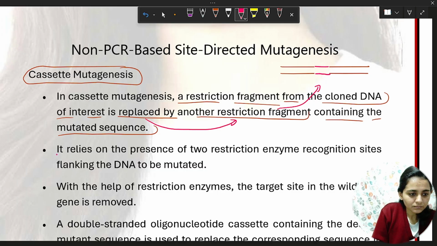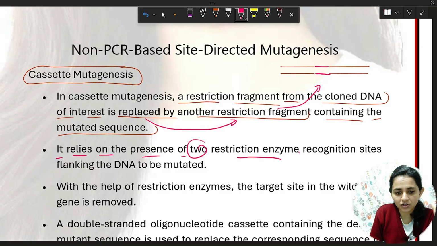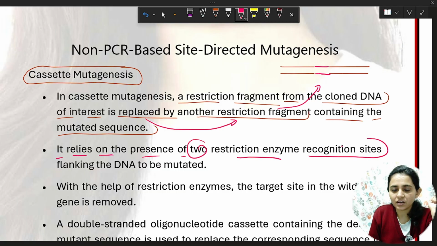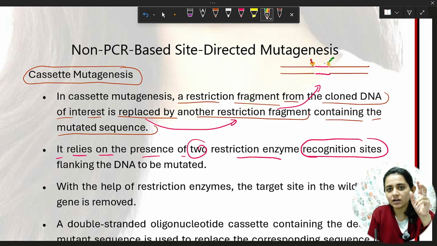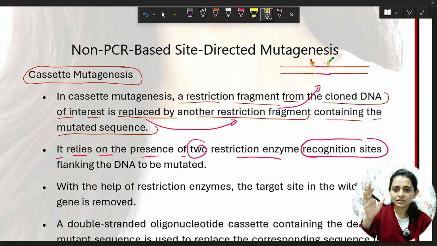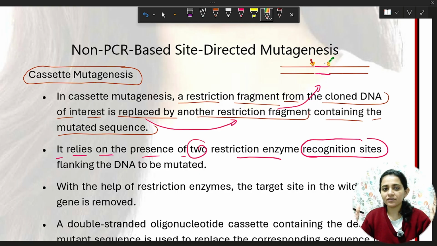So it relies on the presence of two restriction enzyme recognition sites. Enzyme is one, but recognition site is two. How is the site two? Because this place and this place, we cut from one end to another end of the restriction enzyme recognition site.